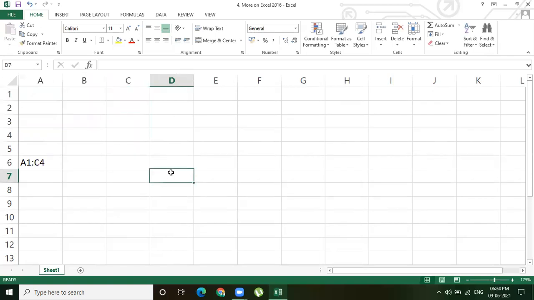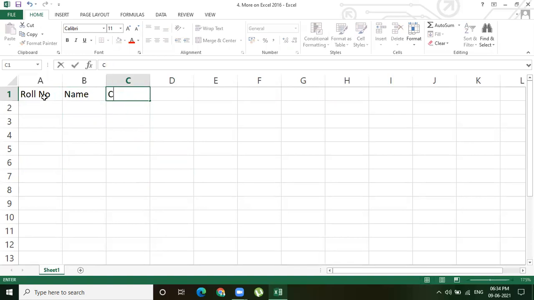Okay, then the next topic is modifying cell contents. So let me take some data: roll number, name, class. Here I'm taking some subjects, English, Hindi, and maths.